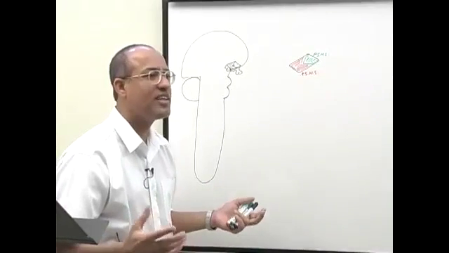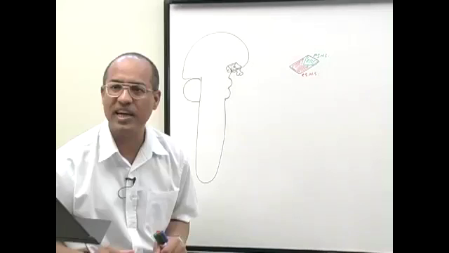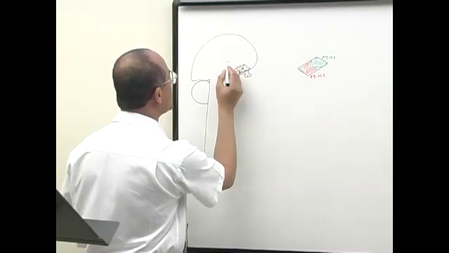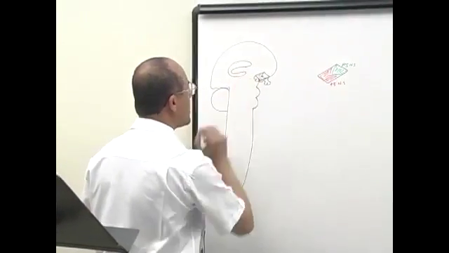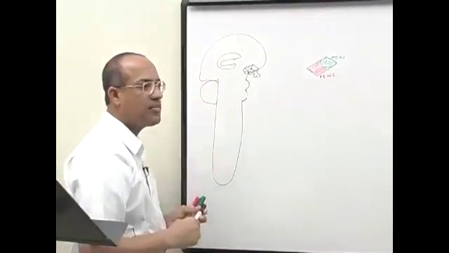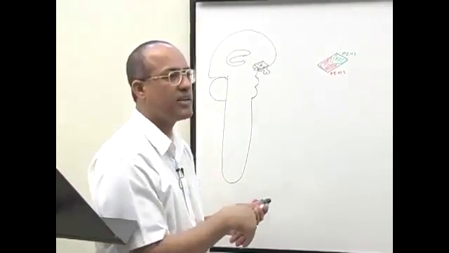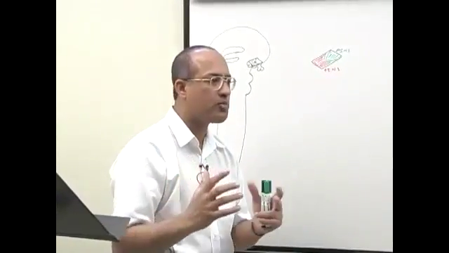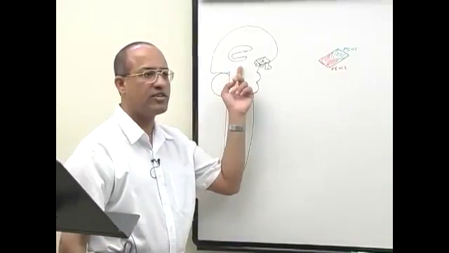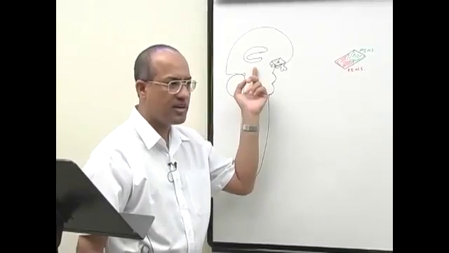How does the hypothalamus know that there is stress, and that it should now increase the sympathetic activity? Actually, in our central nervous system, there is a large area which is concerned with emotions and behavior and memory. This area I am showing in this diagram as the limbic system. In the central nervous system, there are multiple areas which together are called the limbic system. The function of the limbic system is concerned with emotions, your behavior, your recent memory, and many other